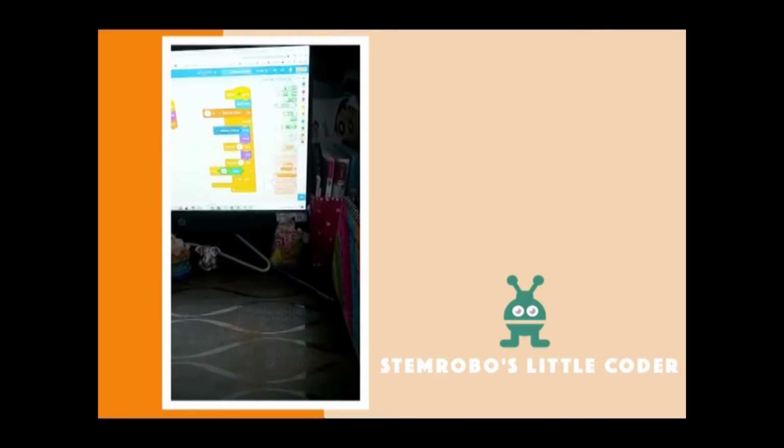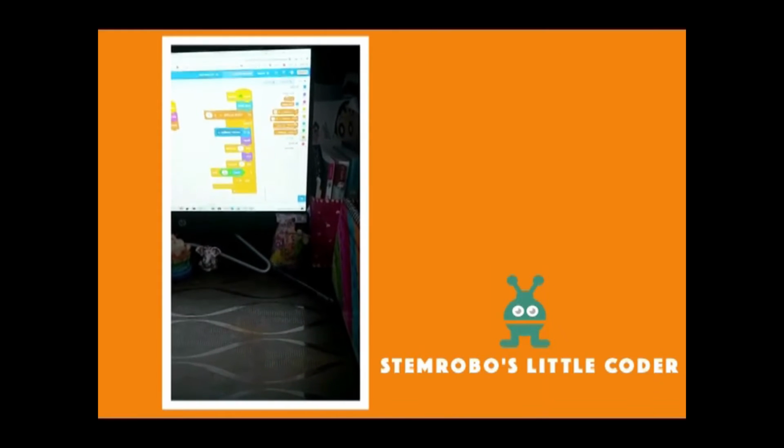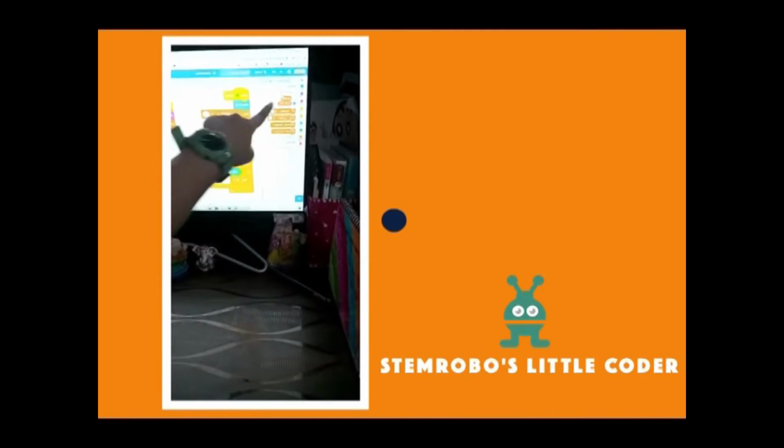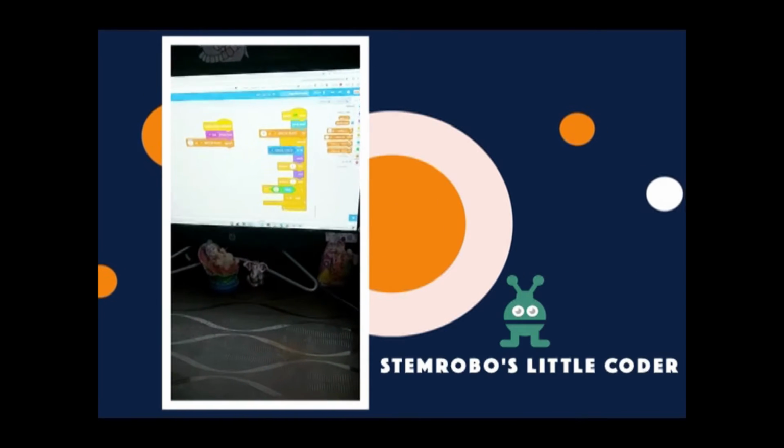I will just show how to make this block, and we have to make it on our own. So there would be an option for make a variable. We have to click over there. Then we have to write your score and live, whatever game we are making. Then we have to select the forever block.